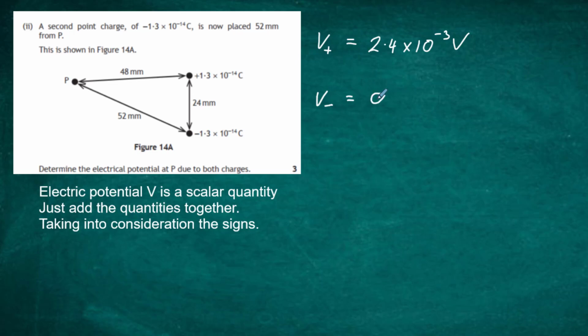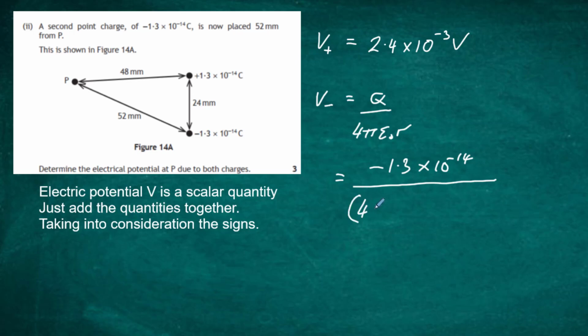And that's going to be given by Q, the value of the charge, over 4 pi epsilon naught R. So we put the numbers in. Q is going to be minus 1.3 times 10 to the minus 14. And we're going to divide that by the bracket in the bottom, 4 times pi times epsilon naught, which is 8.85 multiplied by 10 to the minus 12, and then multiply it by the distance that point P is away from that charge, which is 52 millimeters, which we can write down as 52 times 10 to the minus 3 of a